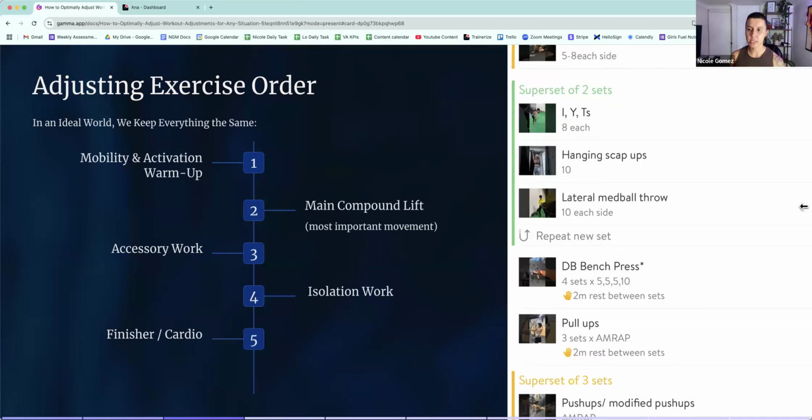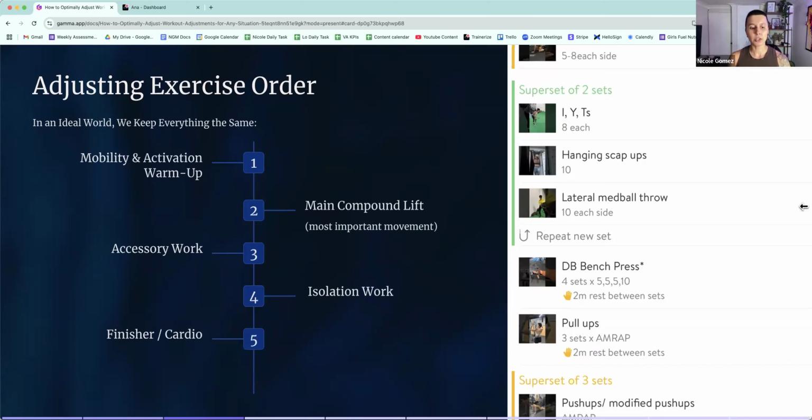After that is going to be your accessory work. These are things that benefit the main lift, being your lunges, your lat pull downs, your rows, your split squats. Sometimes it could be a hip thrust as well, stiff leg deadlifts. Those can vary. And then we have isolation work. Again, we get further down. It almost feels like the workout starts to get easier, but you're tired, so it's actually still kind of hard. But once we get to isolation, it's like, okay, let me just bang out these leg extensions, these curls or these triceps or this abduction machine. It's just that one specific muscle group.